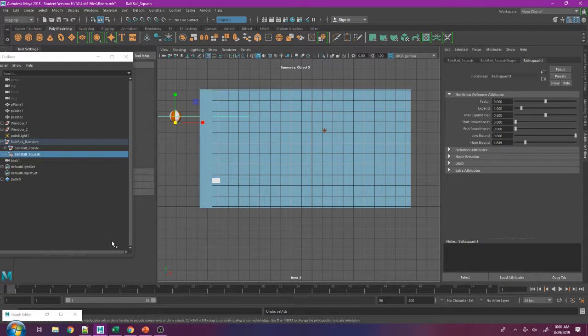What we need to do is find, so right now, if you want to keyframe the ball squash, you go to the factor and then you go to set key. That'll allow you to keyframe the ball squash in particular. Right now the ball does not compress until